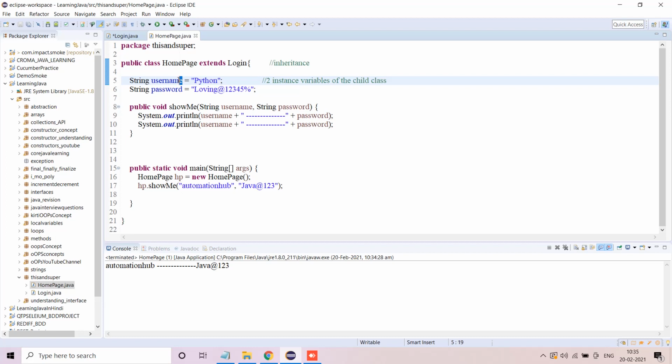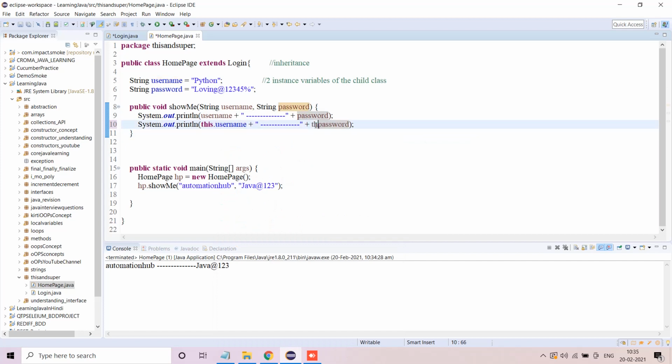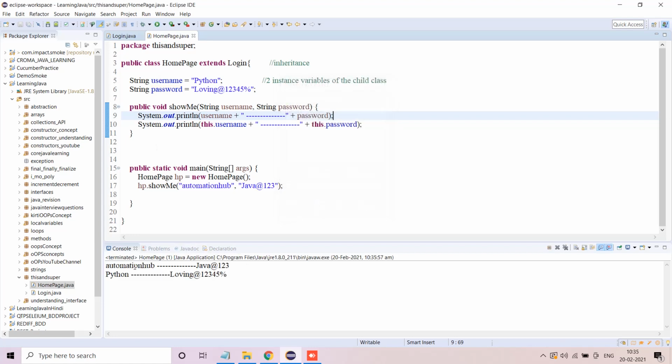So to access this I have to use this keyword. So I'm going to use this dot and I'm going to use this dot. So now if I execute the program, I'll get Python and loving 12345. That means if I'm using this keyword, then it is pointing to the current class instance